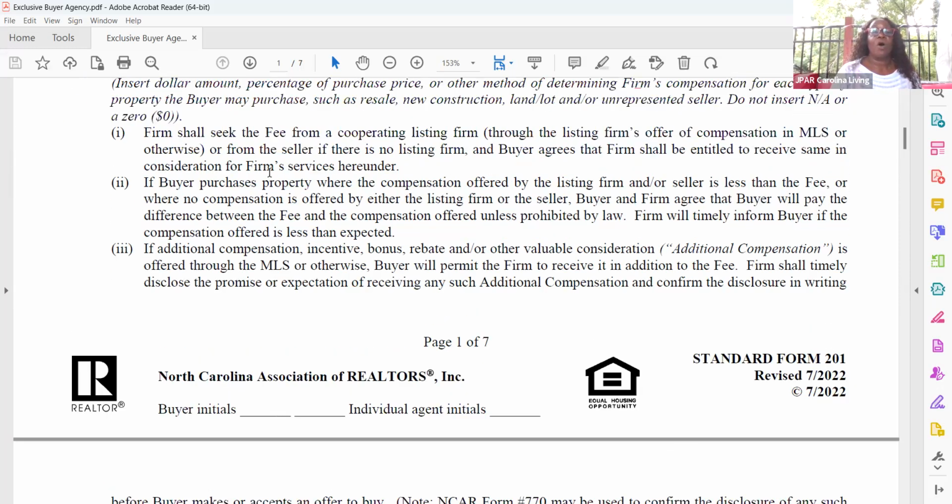We're going to go over all the rules. So here are your rules. If your buyer purchased the property when the compensation offered by the listing agent and/or seller is less than the fee, it goes over that information. And these are things you definitely want to discuss with your buyer. You do not want to have a buyer that you have on their real estate form or their buyer's agreement that you are accepting a fee of